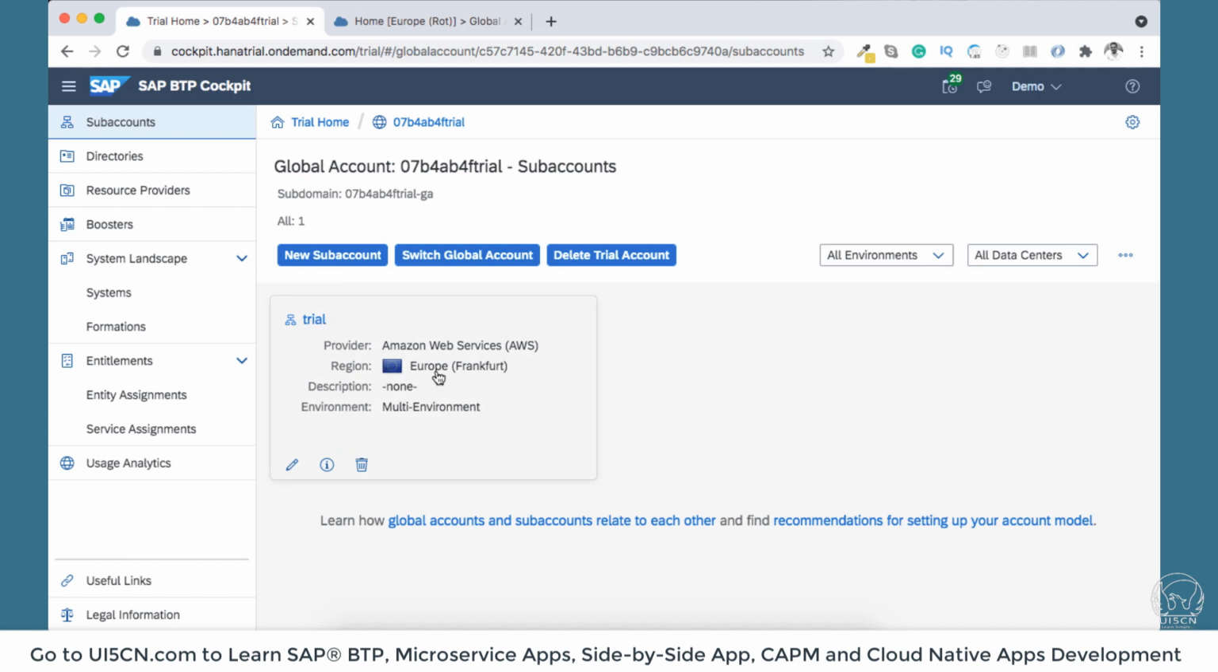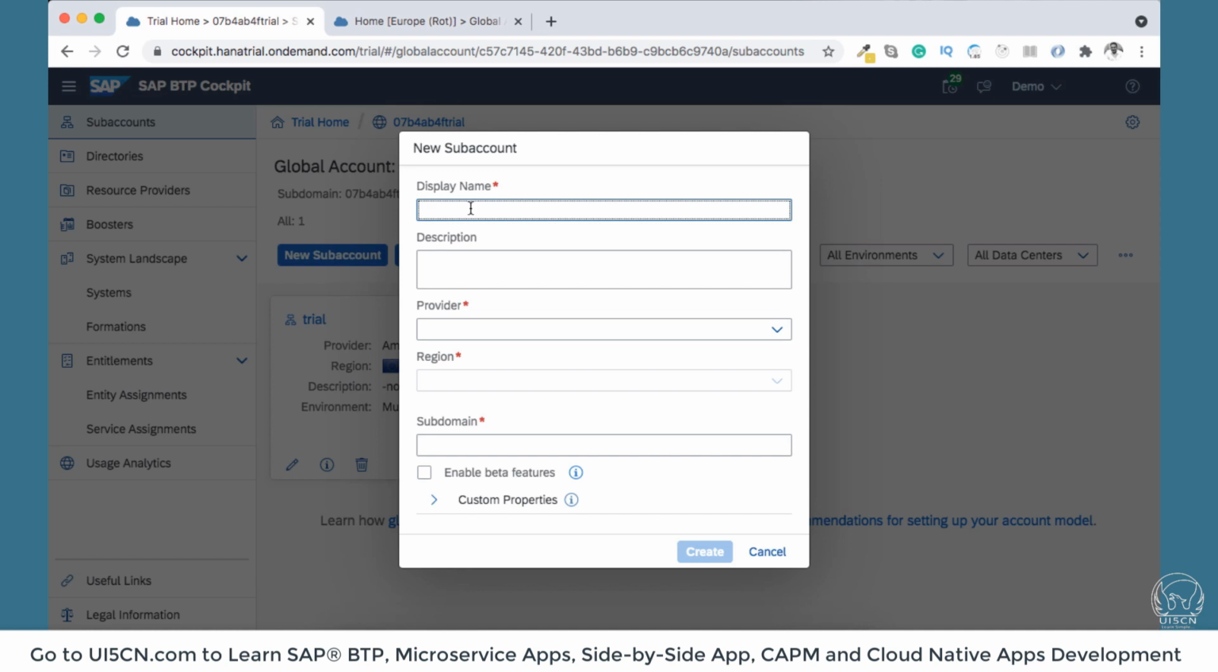And as we already said, this sub account has one particular location where all the resources are focused. And for me, this trial is in Europe, Frankfurt. And let me create a new sub account. That will be the first thing it will ask. So you can see, I can say demo sub account 01, and you can